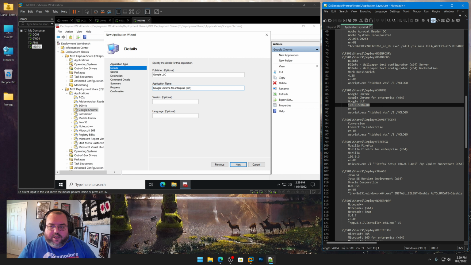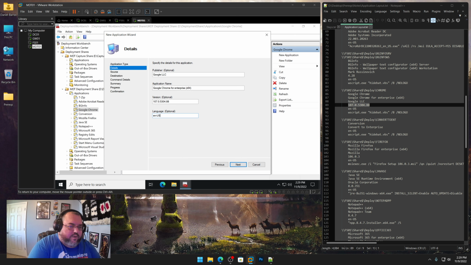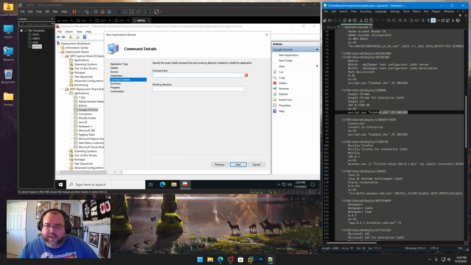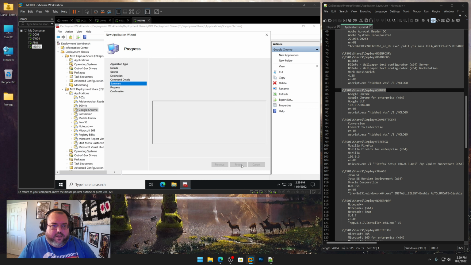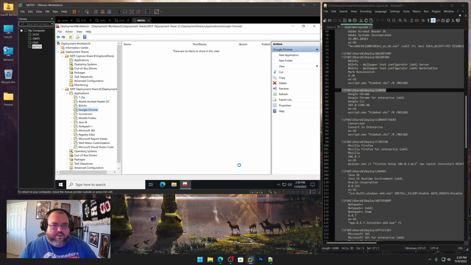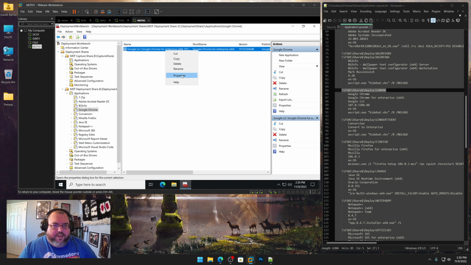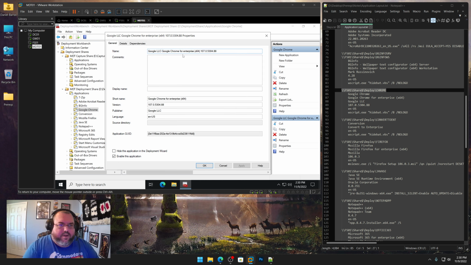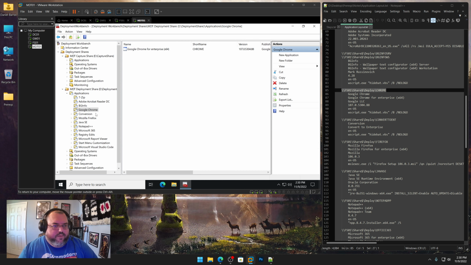Version 107.88 there. en-us. Command line. Copy. Paste. Highlight. There we go. Next. Finish. Properties, go there, and there we go. We're just going to call this Chrome. Enter for short name, good. Conversion,